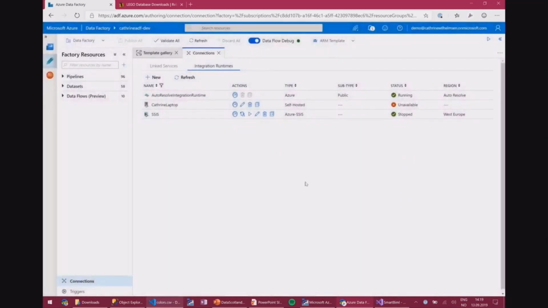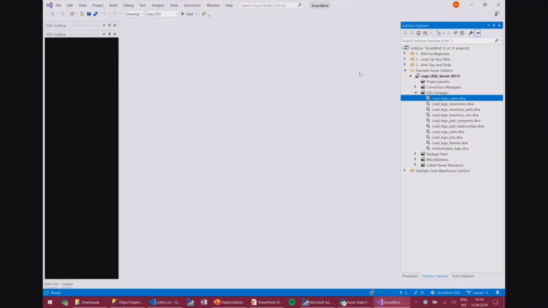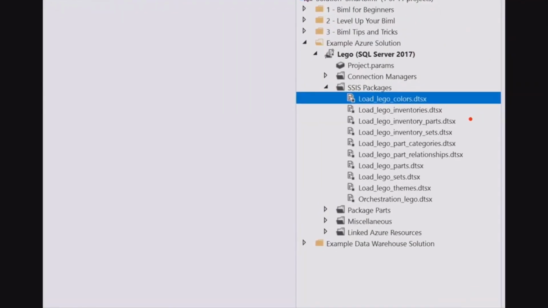So for that, if I switch back into Visual Studio, I have an error message. What I have here is just a very simple project right now that takes those Lego files that I previously loaded and runs them into my Azure SQL database.